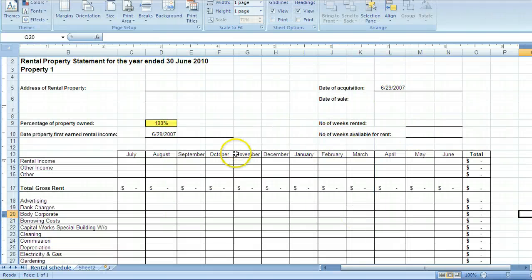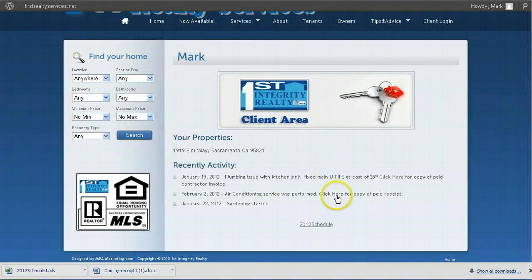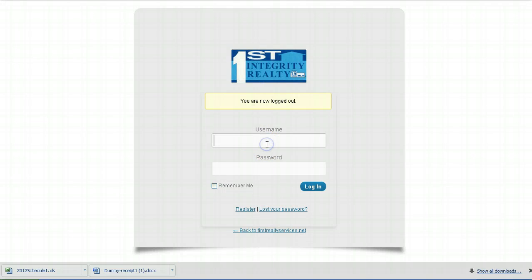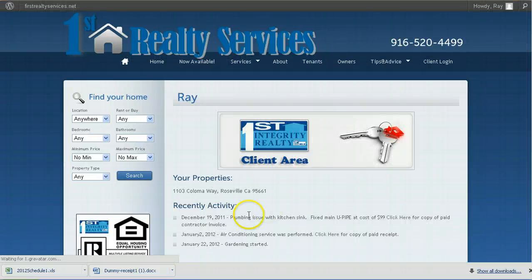So you can see that now you have a way of creating client pages and uploading documents for each client. Now, let's go ahead and log out, and let me show you how this works for another client that I set up. Client Ray, password Ray. All right? When you click log in,